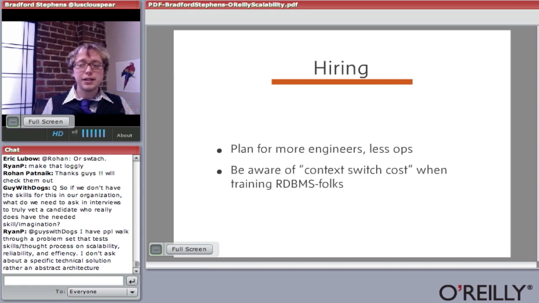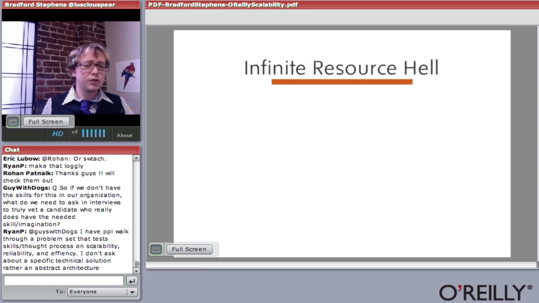Sometimes you can get close, but in the relational database world, even if you're doing things like MongoDB, which is a kind of interesting single document store, although it too has its scalability problems, it can do some pretty impressive stuff. You're not writing SQL queries against that. You're writing JavaScript. And so you don't want to hire DBAs and you don't want to hire ops. You want to hire more engineers.